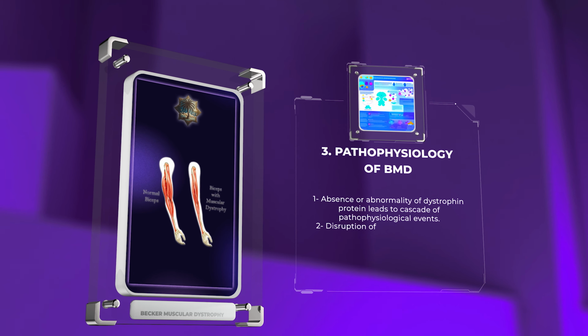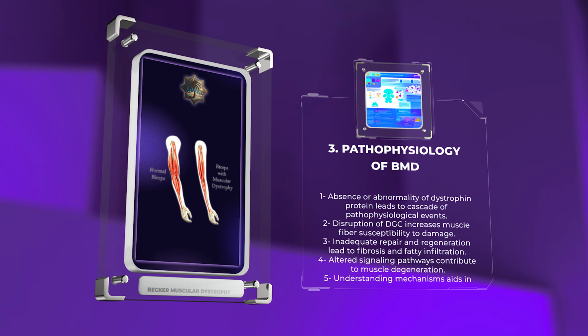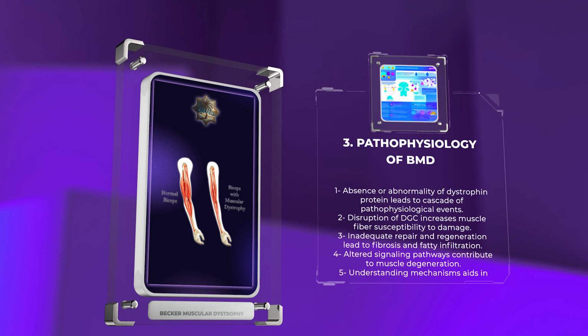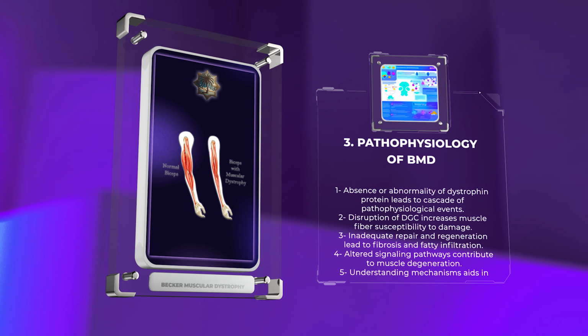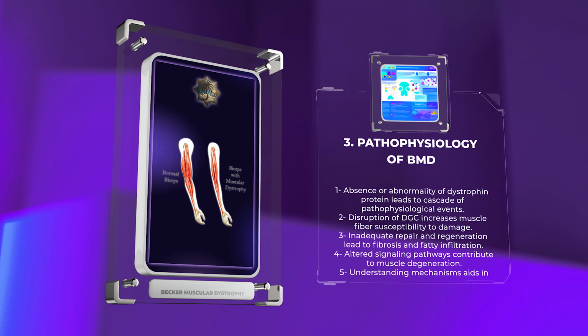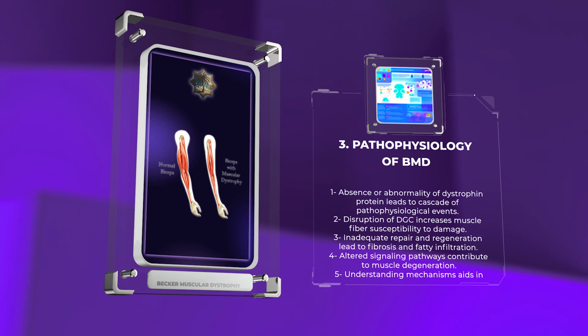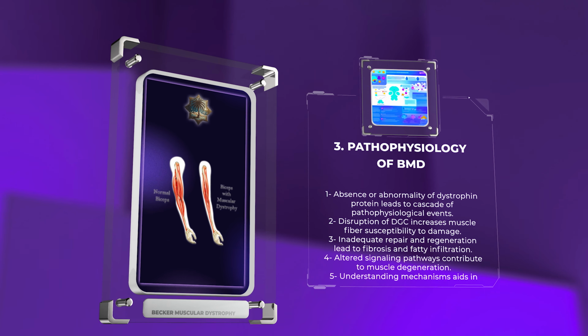The pathophysiology of BMD involves a cascade of events resulting from the absence or abnormality of dystrophin protein. The disruption of the DGC leads to increased susceptibility of muscle fibers to mechanical stress, causing repeated cycles of damage and repair. Inadequate repair and regeneration of damaged muscle fibers ultimately lead to fibrosis and fatty infiltration, contributing to a